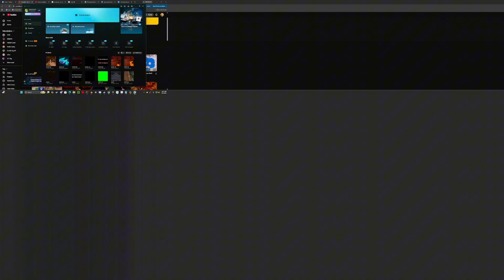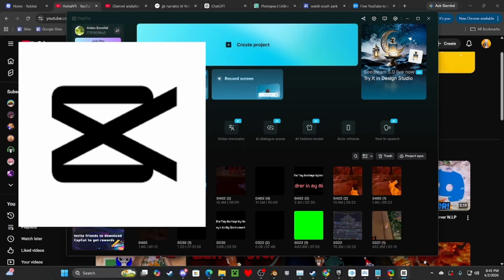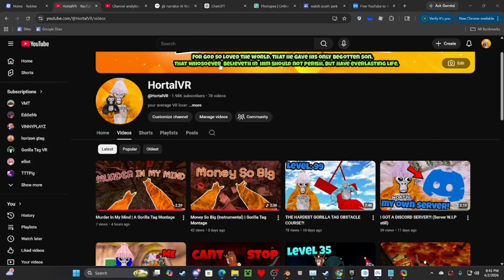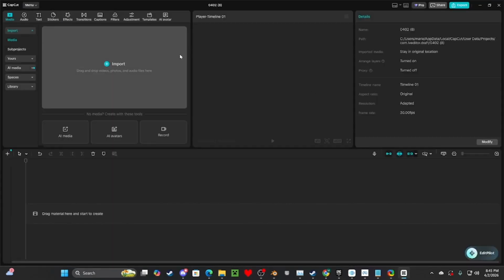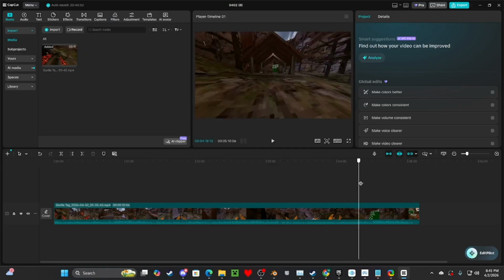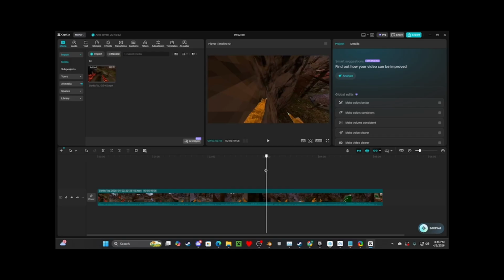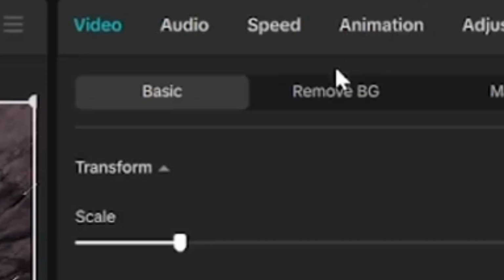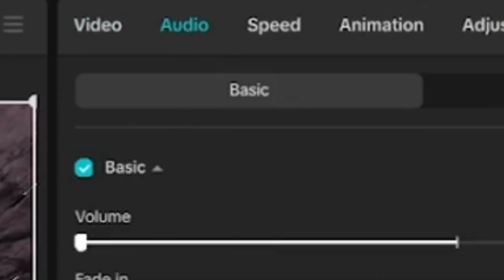Alright guys, we're going to be using CapCut on PC for this tutorial. So we're going to press create project. Obviously you've got to get a Juke, because you need a Juke to edit. I'm going to be editing this Juke right here. My Juke was around the end of the video. Actually, no, it was not. Actually, yes, it was. First you want to make the volume 0 because we want the edit music